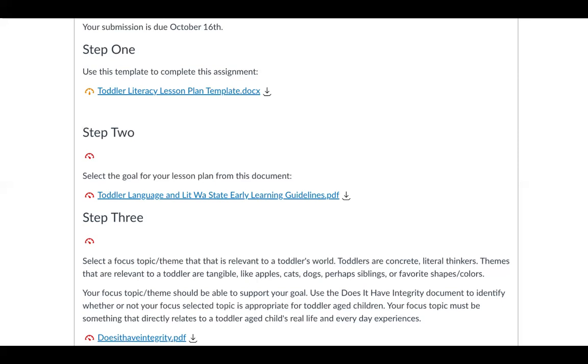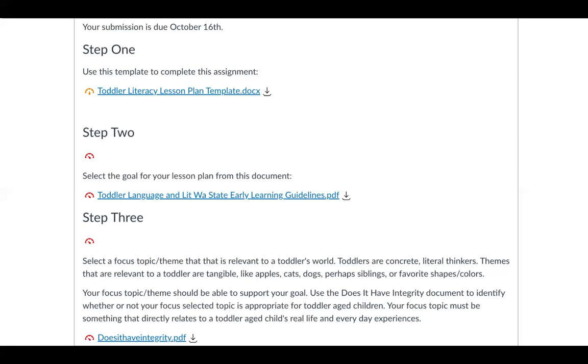So apples, cats, dogs, perhaps siblings or favorite shapes and colors. Your focus topic or theme should be able to support your goal. We'll look at that in a minute. And so you're going to use another handout, "Does it have integrity," to identify whether or not your selected focus topic is appropriate for toddler age children.